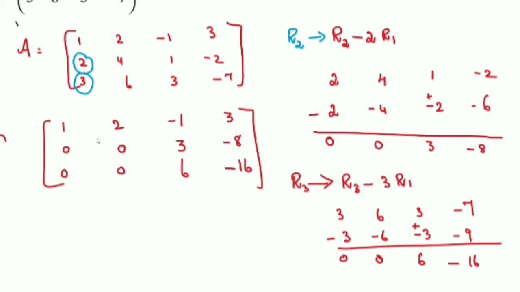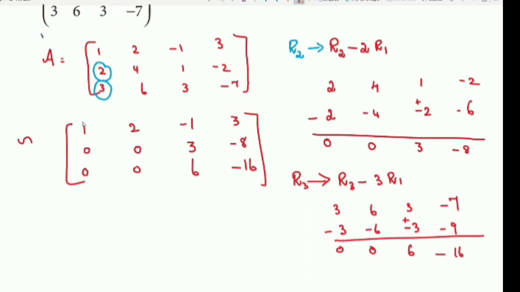What is the condition for echelon form? You take the first non-zero entry, you should have zeros below it. Now come to the second row. Which is the first non-zero entry here? 3, right? Below 3 you should have 0. This element 6 you should not have. The 6 you have to make it as 0. So remember, below the first non-zero entry you should have 0.